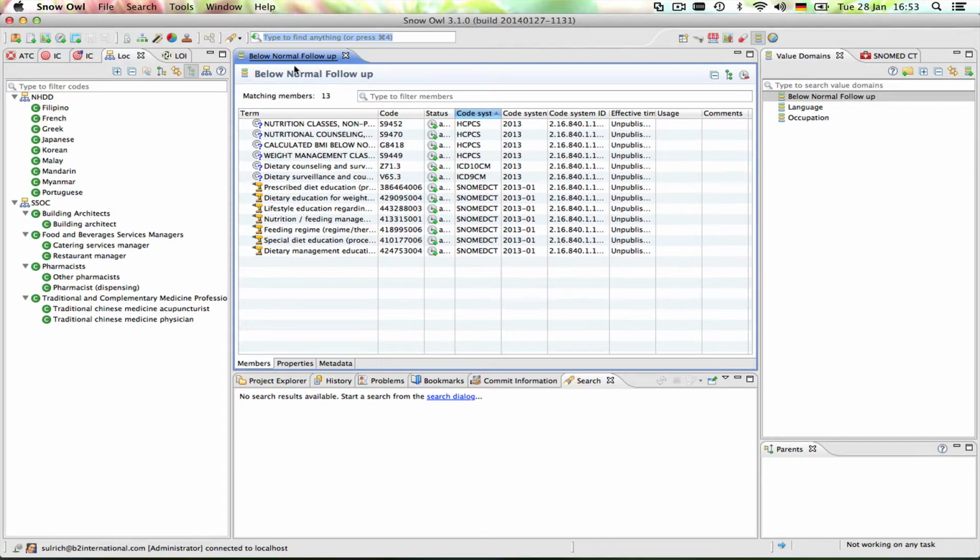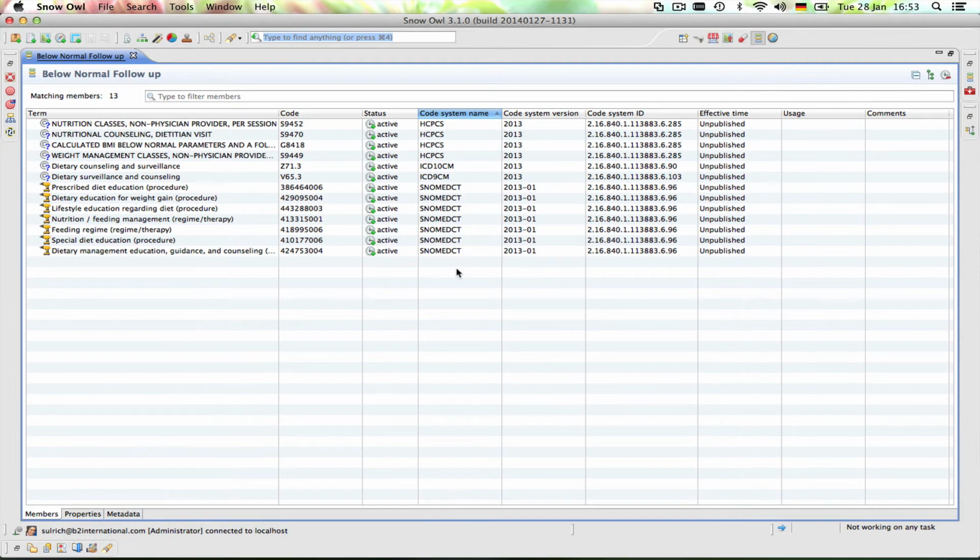A value set, and there's an example of one here that I downloaded from the National Library of Medicine's Value Set Authority Center called Below Normal Follow-up. A value set is simply a collection of concepts, as you can see here. It can contain members from a single terminology or, like here, from multiple terminologies. We have, for example, ICD-10, ICD-9, SNOMED CT, and so